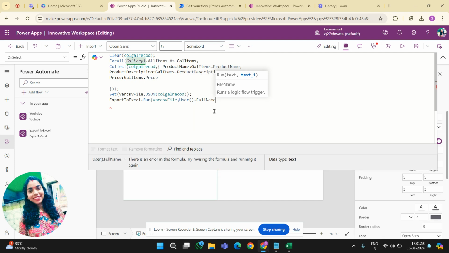But sometimes what happens is, if the current logged in user is exporting multiple times, SharePoint gives an error that the same file is not allowed or you have to replace it. To get rid of the errors, we need to make the file name unique. So after the name we will give the current time.